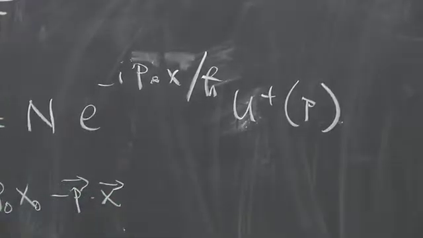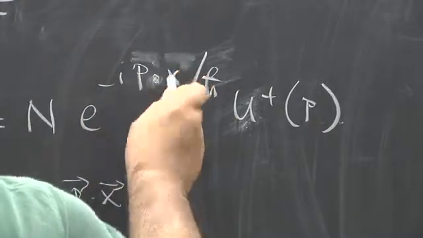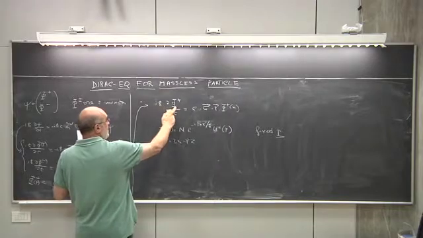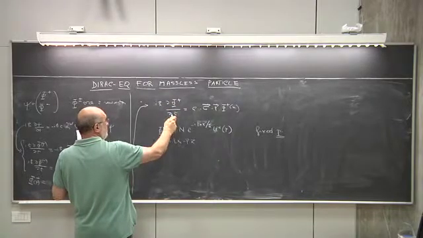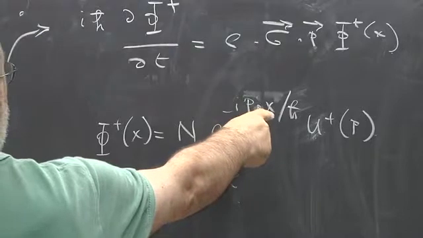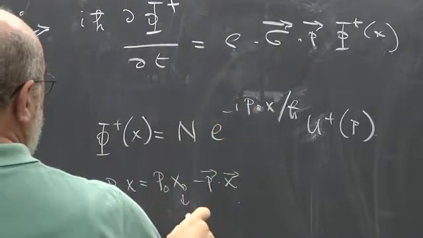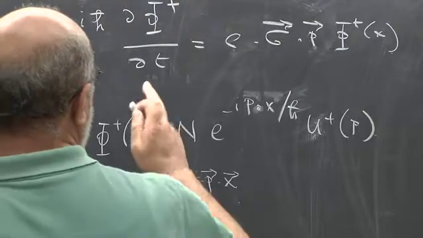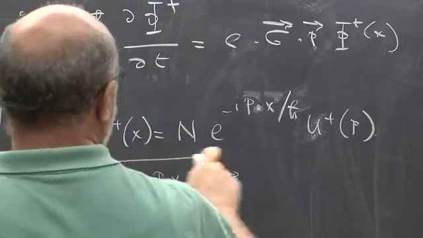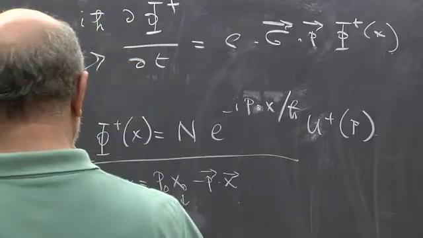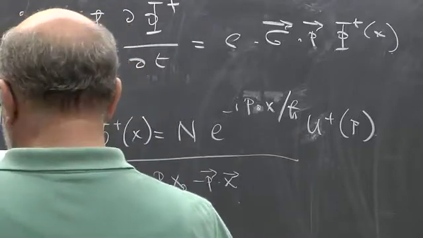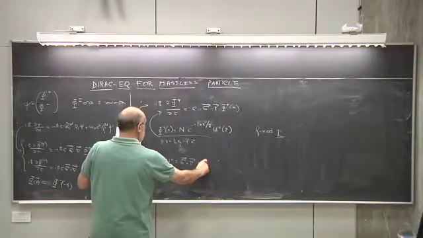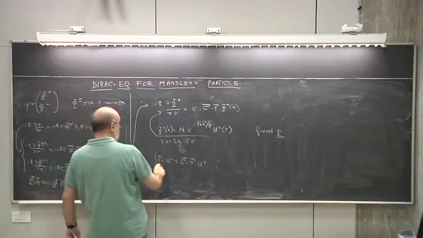When you do the derivative with respect to t, you will bring down a c p0. Remember that if you want to do the derivative with respect to t, this object is ct. Then if you insert this solution into this equation, what you get is p0 u+ equals σ·p u+. So this is an equation for u+,